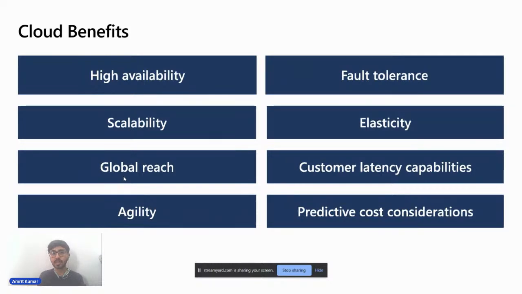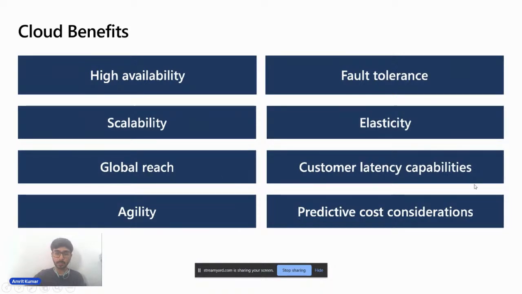Elasticity: you can expand, you can explore more every day, and there's no limitation for you at all in cloud. Global reach: you can reach anywhere, and by that, you can interact with your users, your customers, in every region in this global era. So from cloud you can benefit from this global reach function easily.